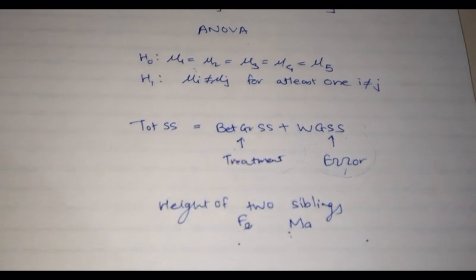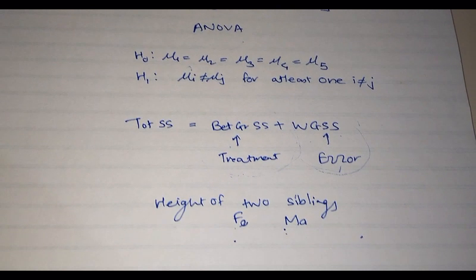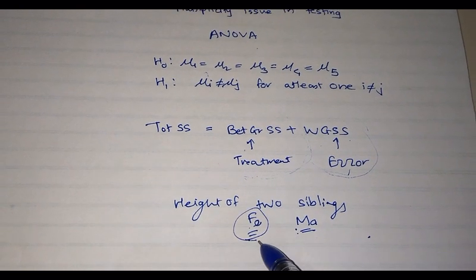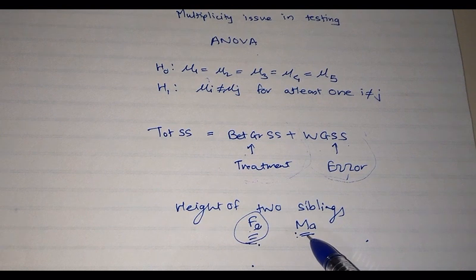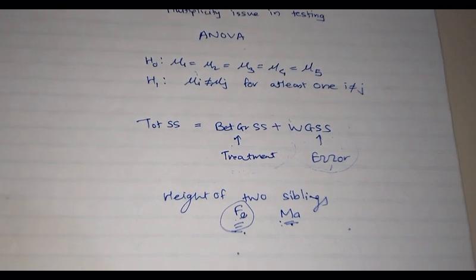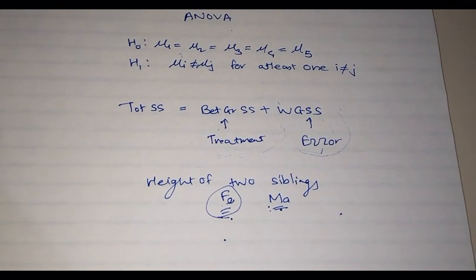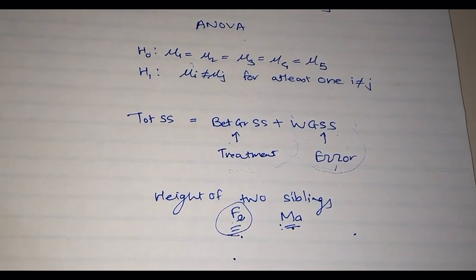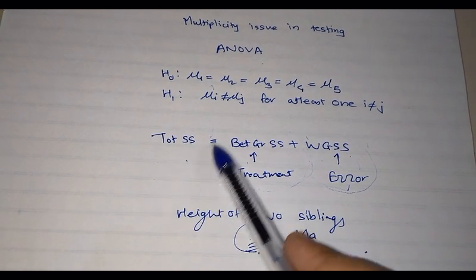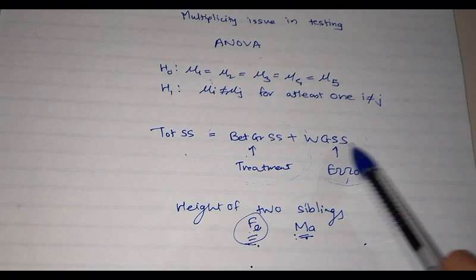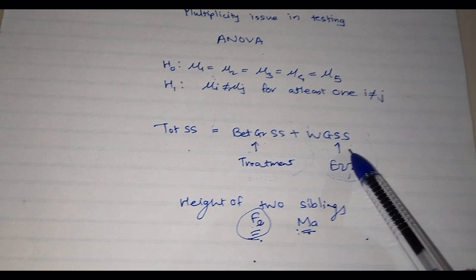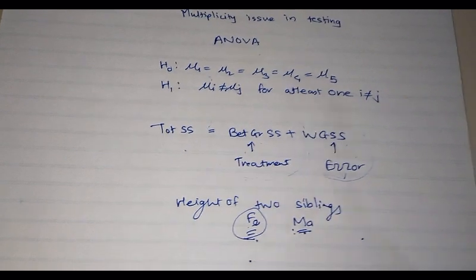Now, the variation in their heights can be due to two factors. One factor is their gender. The girl is likely to have less height than the boy, and then the other is the error or the random factor which you cannot actually measure or quantify. So that is what we try to do in ANOVA. We try to analyze the variation. Whatever total variation is there, we try to break it down into two parts: variation which can be explained and variation which cannot be explained. Hence the name analysis of variance.